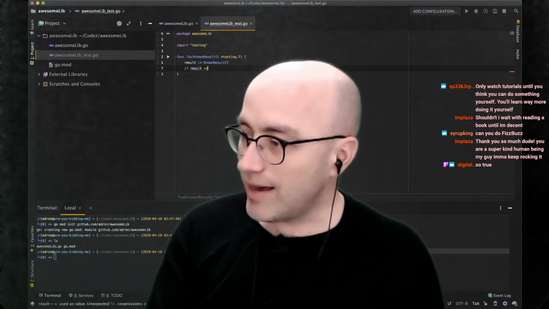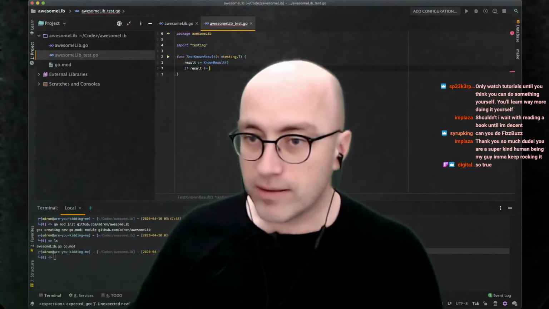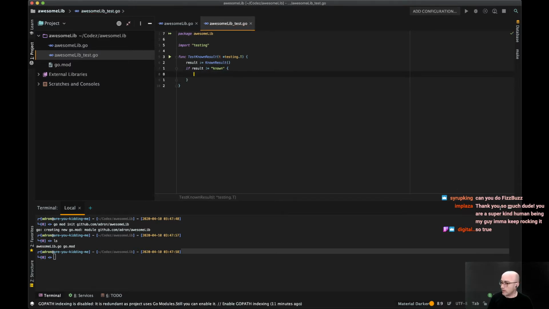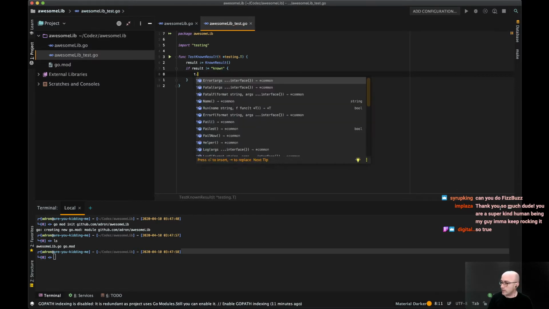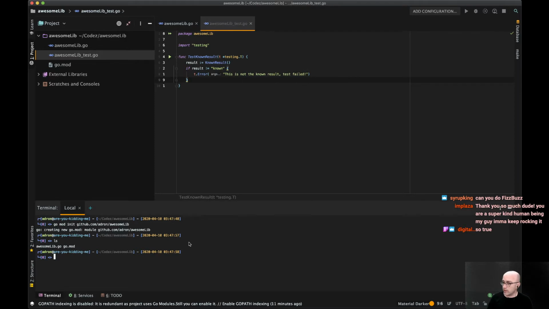If result is not equal to known, which is the Go practice, we say t.Error, this is not the known result. Test failed. Then we can just run go test if you're using the CLI, which passes now.